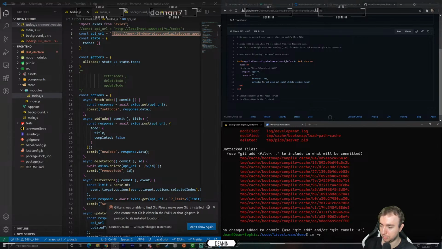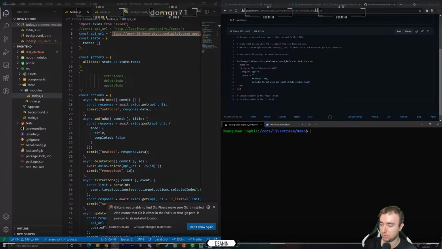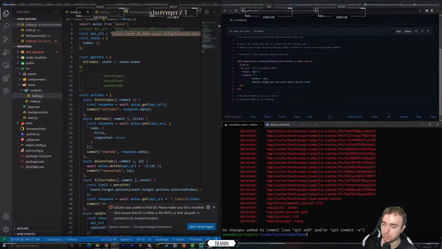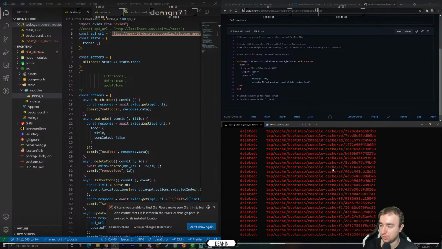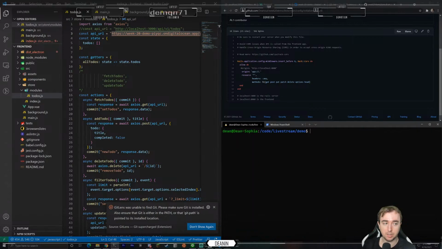Let's just rm -rf tmp. Okay. And then git status. There's even more stuff. Okay. Let's just add the CORS policy. So git add config/initializers/cors.rb. Then we've added that, and now